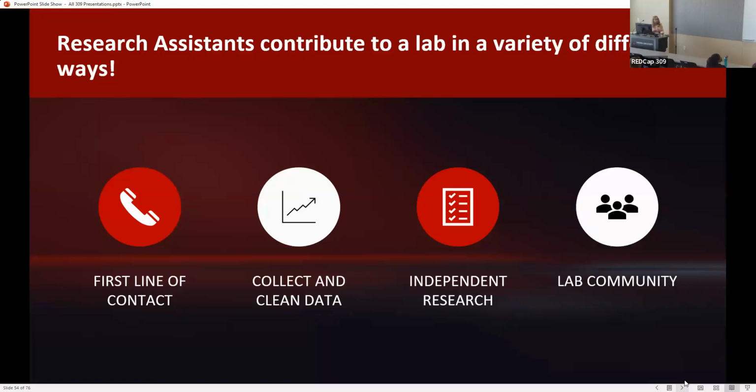Next, of course, they help collect and clean data, obviously very important to our study. And part of the ways that they do that is not only collecting the data with our participants, but online through REDCap through survey monitoring, as well as cleaning data, such as we have EEG in our labs, so they're trained in cleaning the EEG afterwards as well. Then we have independent research